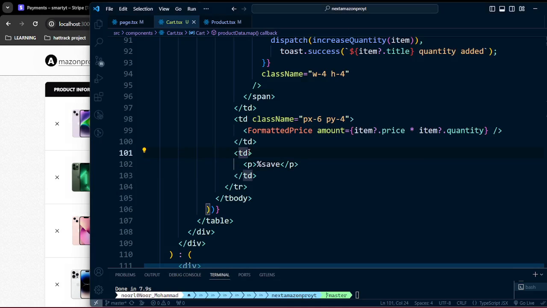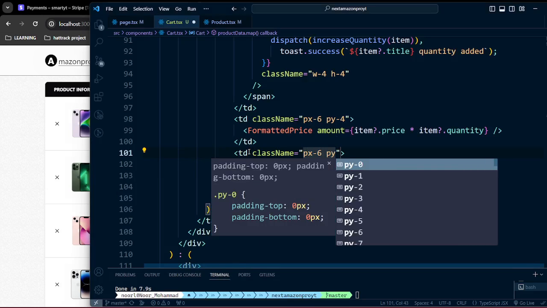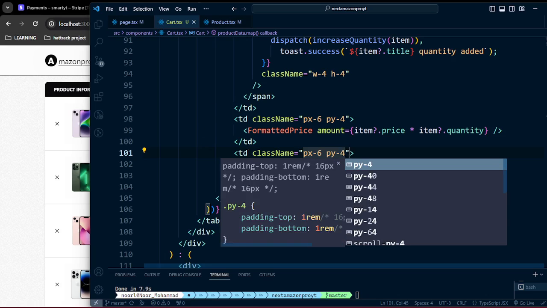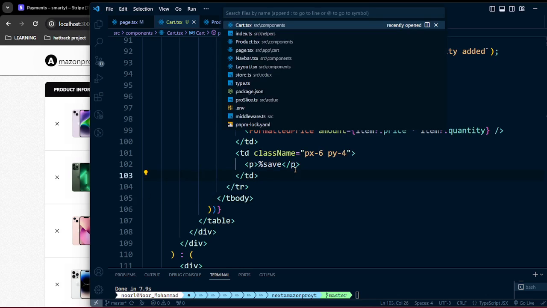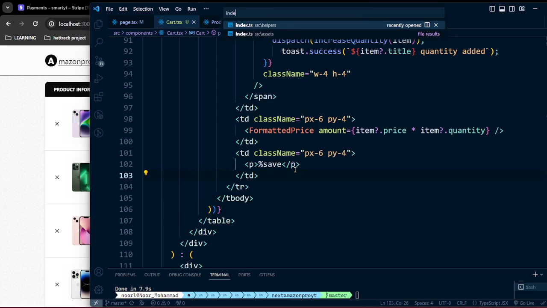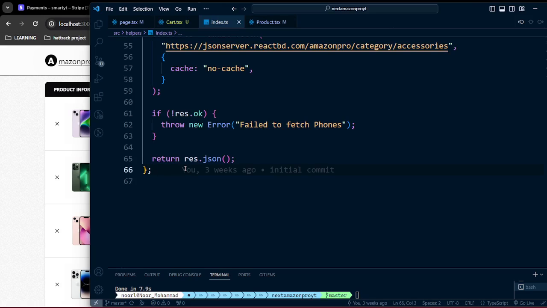Before passing that, put some class name, and in a similar way, padding x-axis 6, padding y 4. You can just put it in a class name, then do it in a good way. Now to add that, actually calculating the percentage, I'm gonna go to the index of our helper functions. I'm gonna create another function here to calculate that